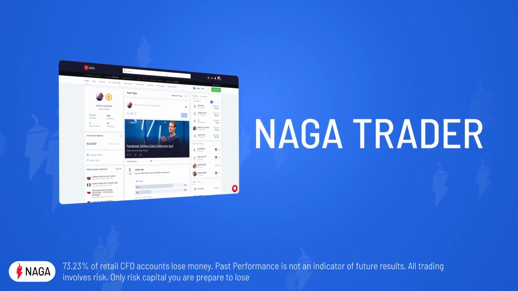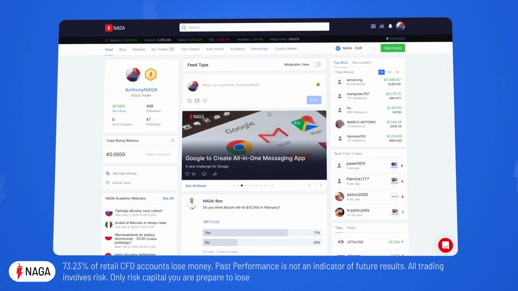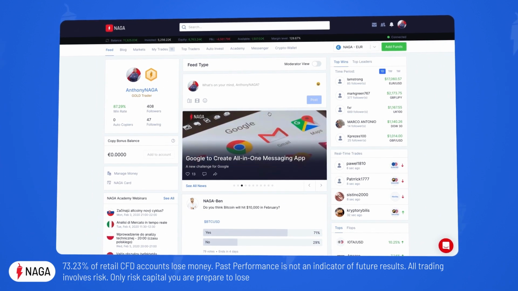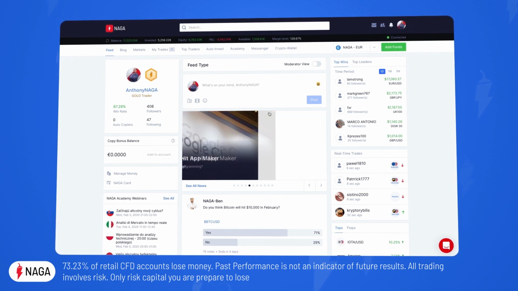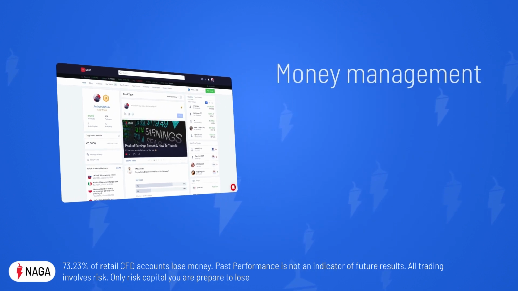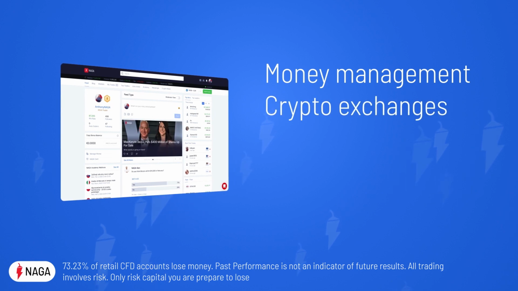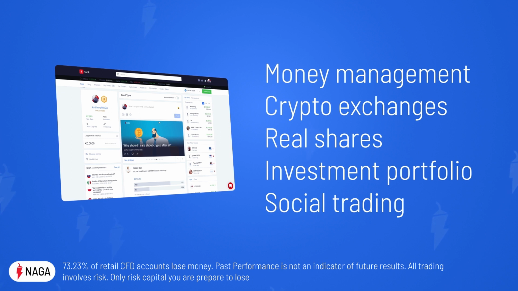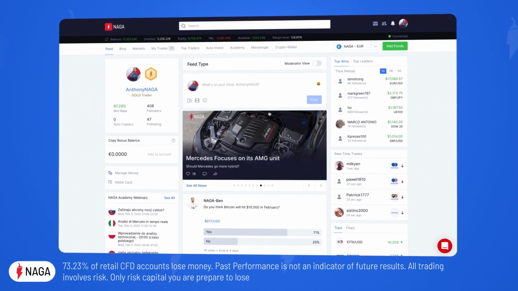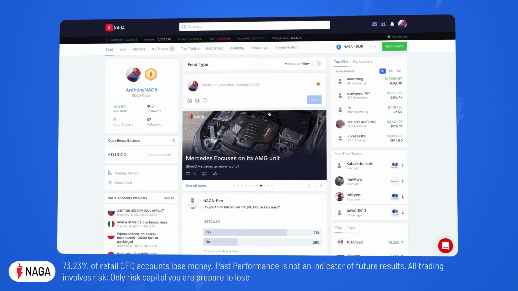The NAGA Trader is not just your ordinary trader to buy and sell instruments in the financial markets. It's also your gateway into the full ecosystem that offers money management, crypto exchanges, real shares, investment portfolios, social trading, and much more. The first screen you will be greeted by when you enter into your profile is the feed